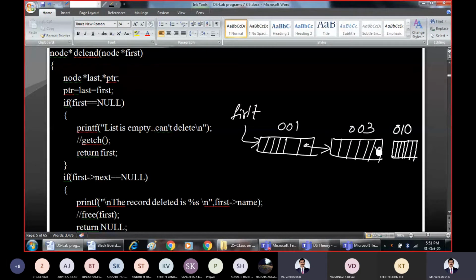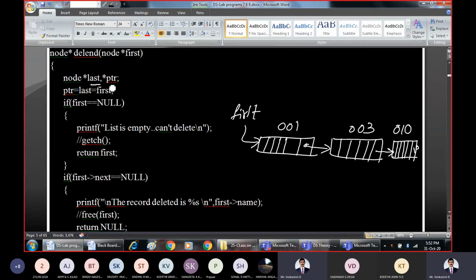USN 010 I will add. Assume that there is one more node in this linked list. Now it is pointing to this, and this is null. So when you delete end, this will get deleted. For traversal purpose, we should have at least 3 nodes so that it will be easy for explanation.